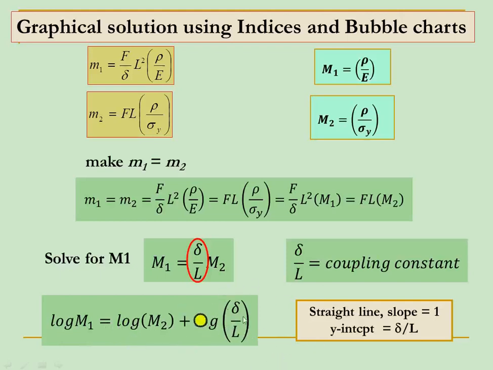And what is C? The C happens to be the intercept again, as we have been seeing in our earlier problems, and log delta upon L is the value of that. And we can now see that we will be able to plot the indices also, in addition to what we plotted in our earlier slides as absolute values of mass. You will be able to plot index. And the difference is that this will now be independent of the values of F, L and delta. They will have a particular value for a fixed value of delta by L, and we will see how that makes a difference.